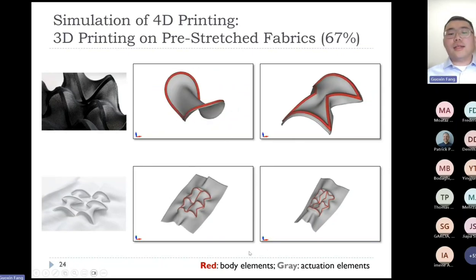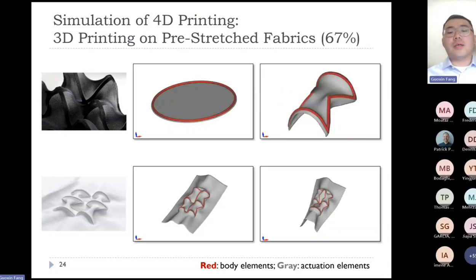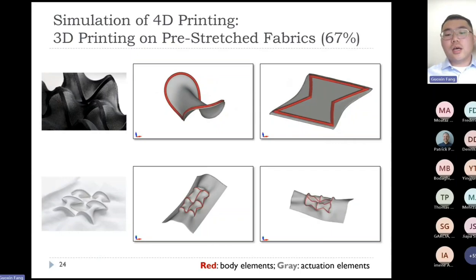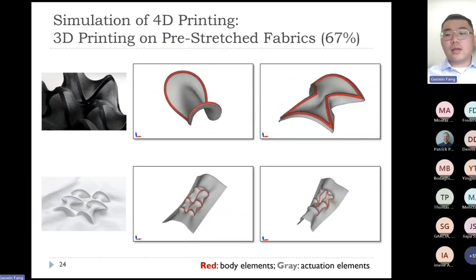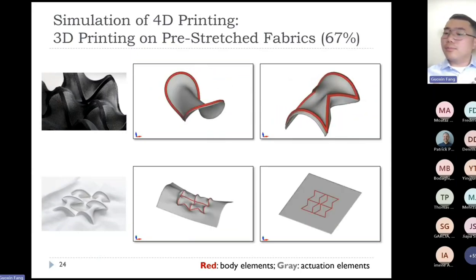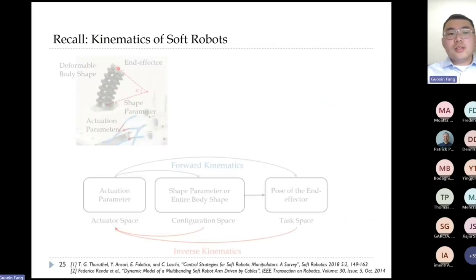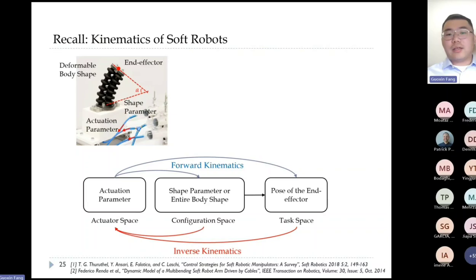So these simulators can really help not only the soft robot, but can also be invited into those 4D printing communities to solve design validations and have potential in future design optimizations. Here I would like to recall the kinematics of robotics. Once we have those very efficient simulators, we can, based on these simulators, solve the inverse kinematics